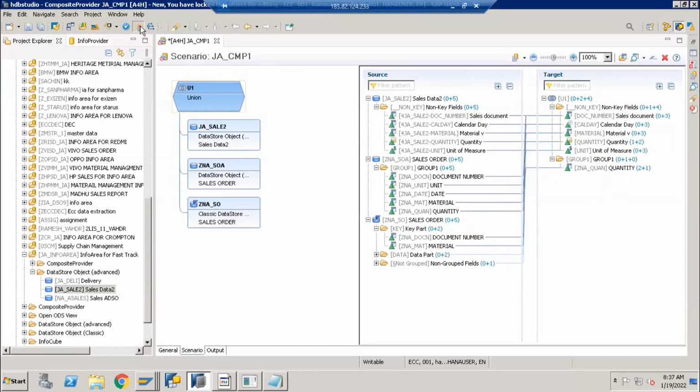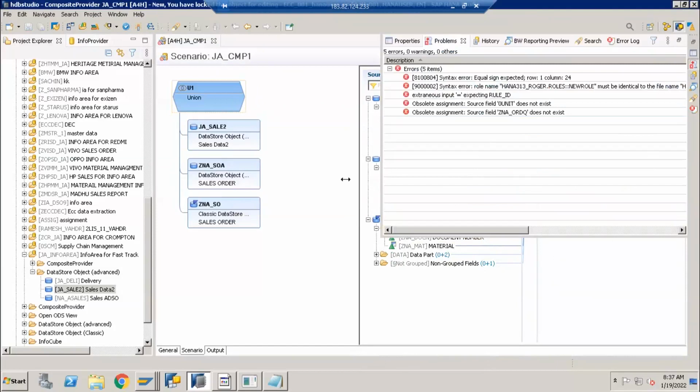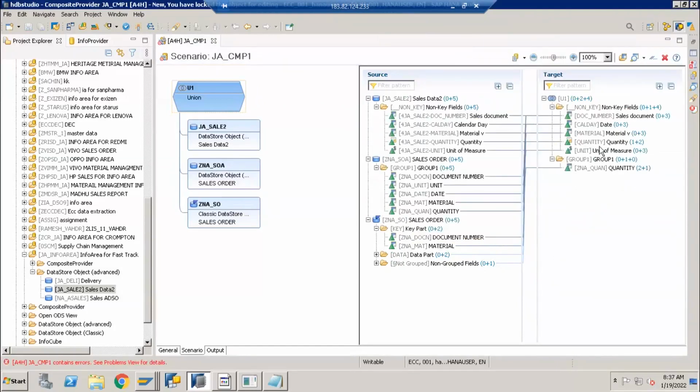Now I'm activating it. So these are the important points we need to remember here. What is it telling here? ZNA does not exist. ZNA order quantity does not exist. ZNA ORTQ. Obsolete assignment ZNA ORTQ. What is this obsolete assignment? Quantity assignment and the unit assignment is there.